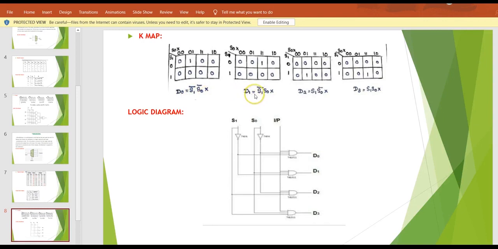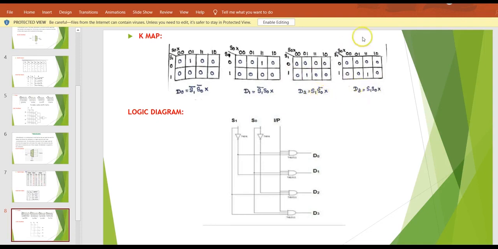I need D1 as an output, so we get D1 as an output when S1 is 0 and S0 is 1, and we get the expression S1 bar S0 X. And this is for the third combination in which D2 is an output. I get D2 as output when S1 is 1, S0 is 0, and the expression is S1 S0 bar and X.